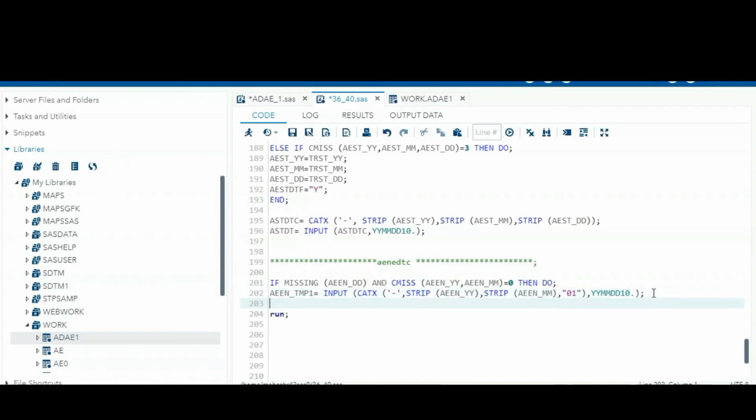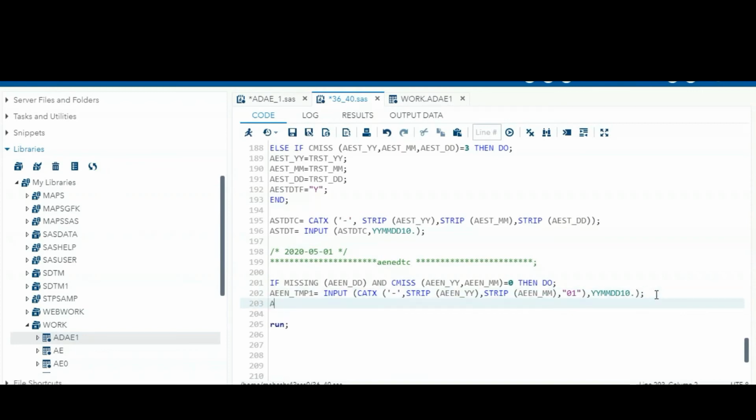Okay, what does this mean? Whenever we have a partial date of AE, for example 2020, the fifth month, and we have a missing day, in that case first we have to give a complete date by adding the 01 date. So by using the CATX function, the year part and month part are concatenated with the dash, adding the 01, so that we can get a temporary complete date.